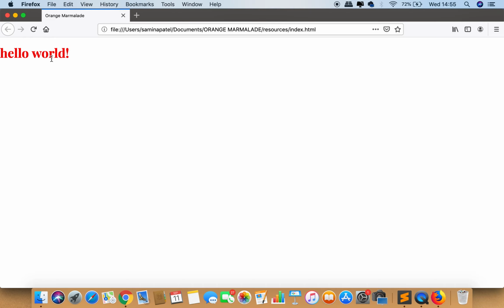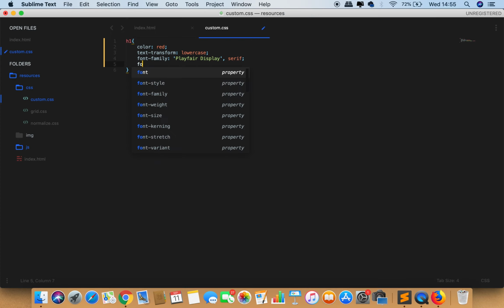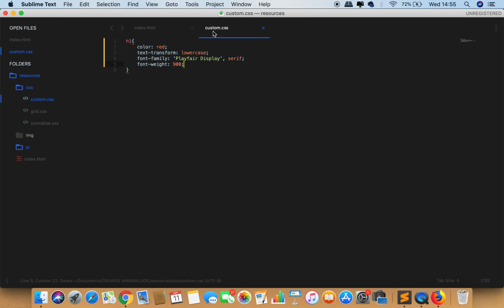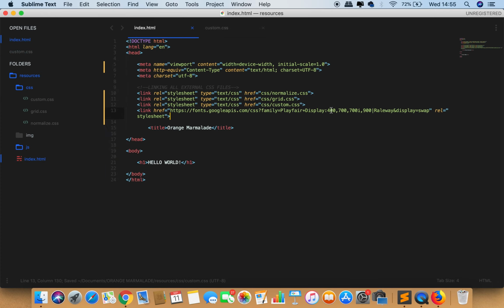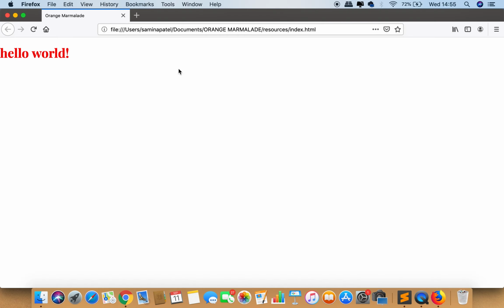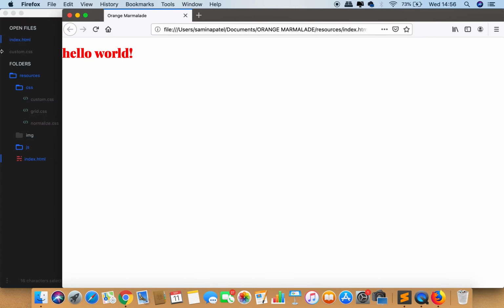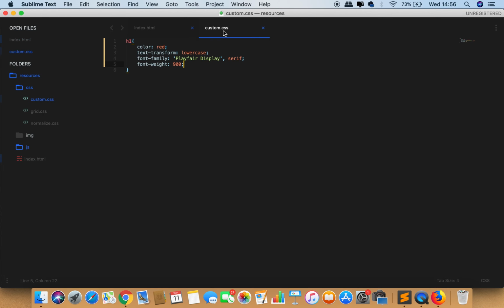Now because the previous one was a serif as well, I can do two things. First, change the font weight to 900, because as you can see, these are the options for the weights. So I'm going to choose the boldest one, and as you can see, it did make a change. So I can say that it's working, but just to be extra sure, just to make sure that you are convinced that it is,